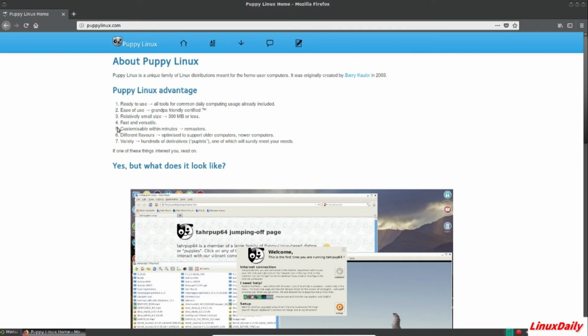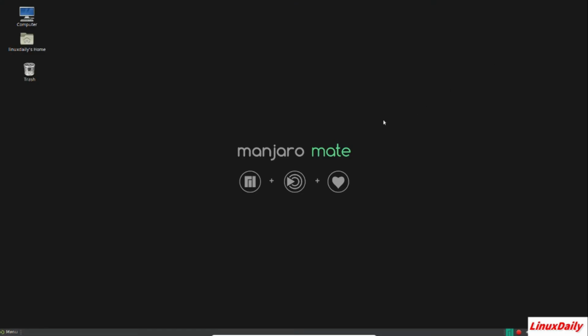But here's Puppy Linux. This is a really light distribution. It says it's really customizable, so that was pro number 2. I mean, top 5 number 2 right there. But yeah, those are the quick top 5 reasons to run Linux. Number 1 being free of cost. Like free as in free of cost, and free and open source.